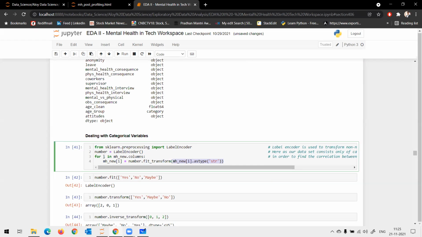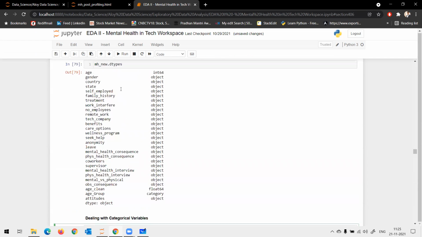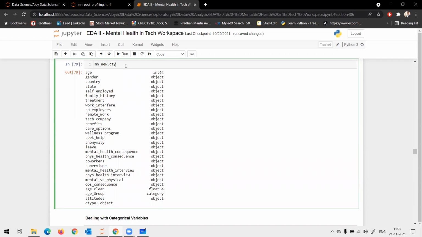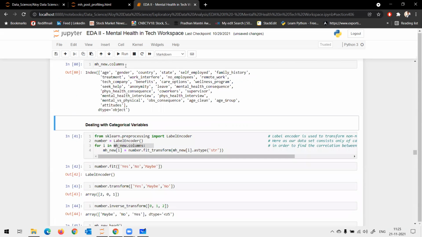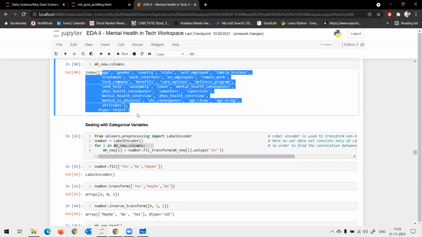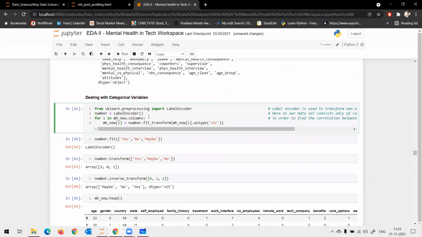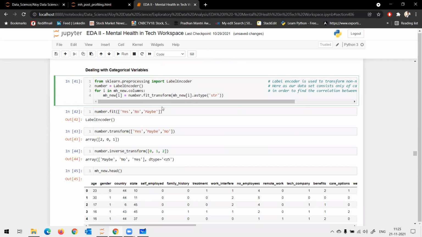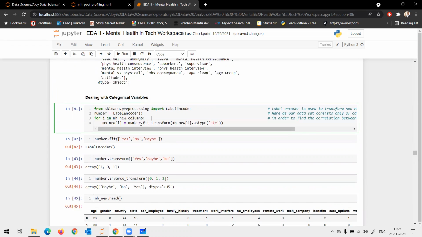I run a for loop over dot columns. If I do dot columns, basically I get a list of columns. So basically LabelEncoder iterates over the list of columns and converts them into numerical columns.